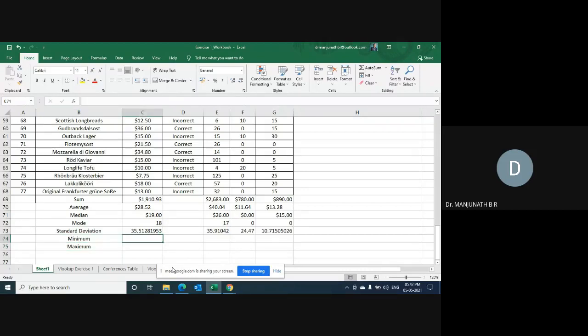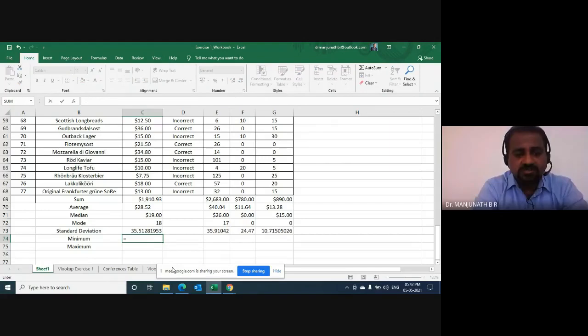Now let us go to column C. Let us use the function is equal to. For minimum, always it will be MIN. Now Excel is saying it returns the smallest number in a set of values. That's beautiful. Is equal to MIN, open the bracket.